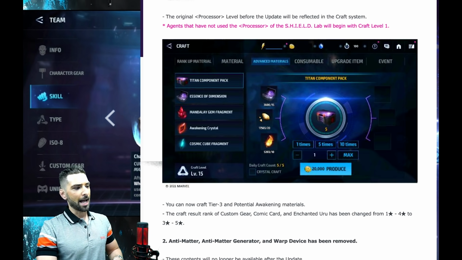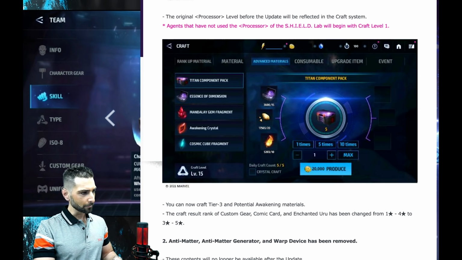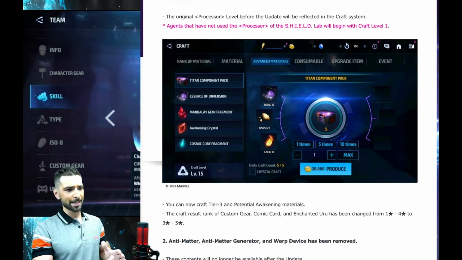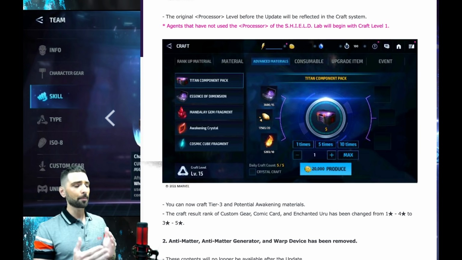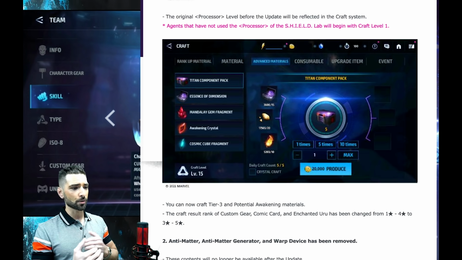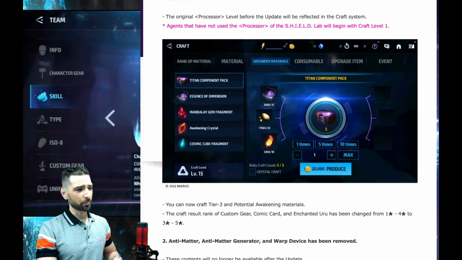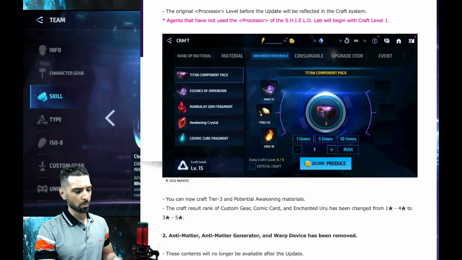So I can't see a whole lot of people actually using this unless, like, you have a stockpile of EOD. I know a lot of people's ratio from EOD to TCP is way off. So maybe you'll do this a little bit, but for the cost of the BAM it's a little sus to me. It's a little sus. So we'll have to see